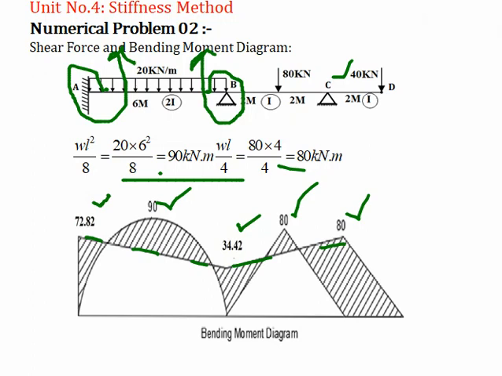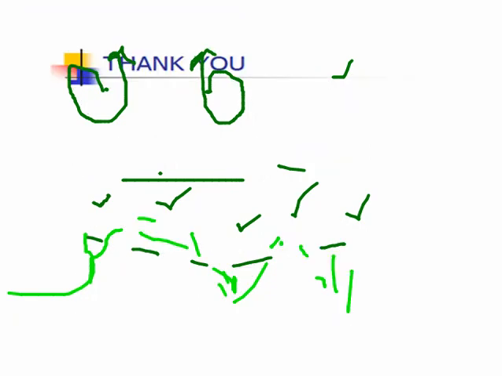So there is a combination of two bending moment diagrams. One is the end moment diagram and second is the free bending moment diagram. So this is your free bending moment diagram. Now the portion which is overlap, that is shown with the white color, and the portion which is not overlap, that you have to make hatch. This is the portion which is not overlap, so you have to make it hatch. Okay, so this is your combined bending moment diagram or superimposed bending moment diagram. Okay, thank you.